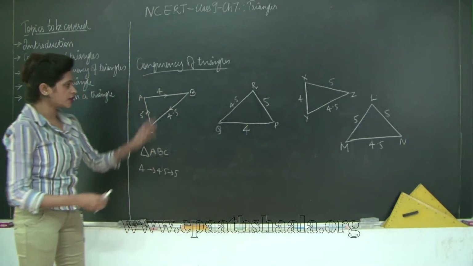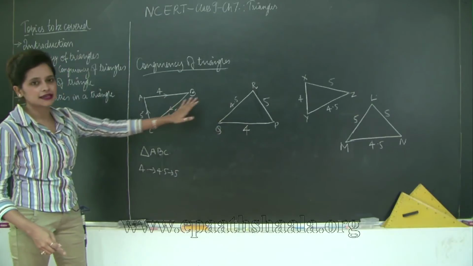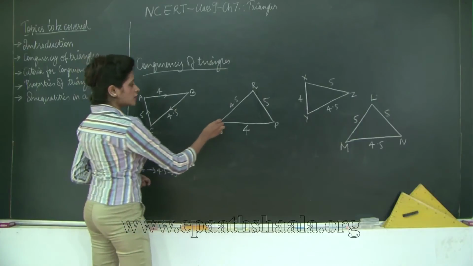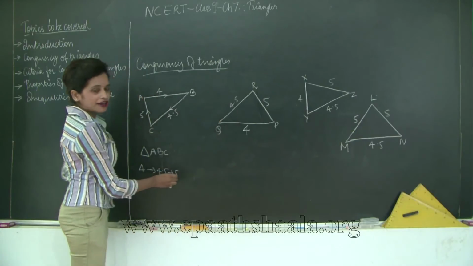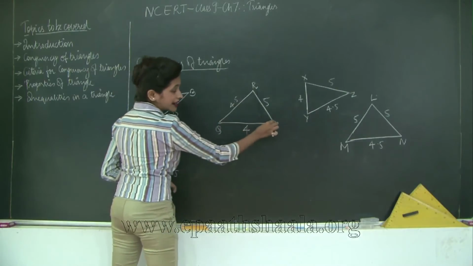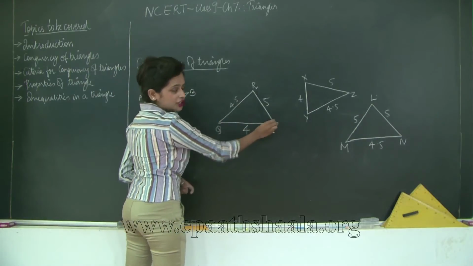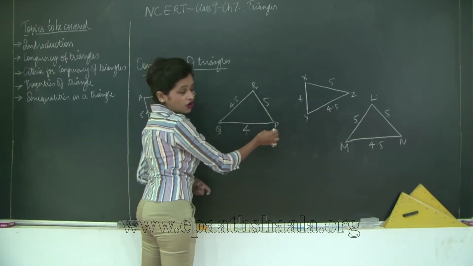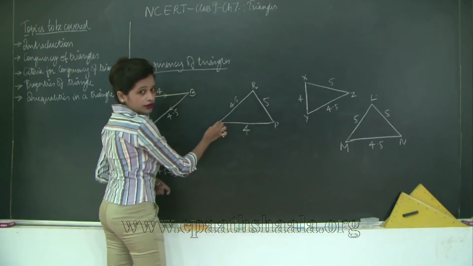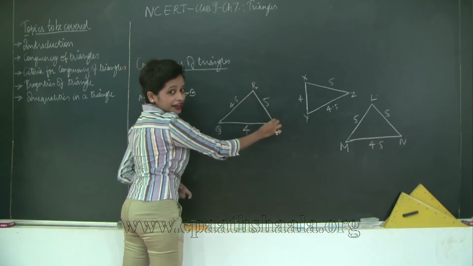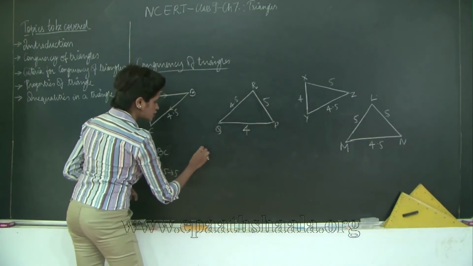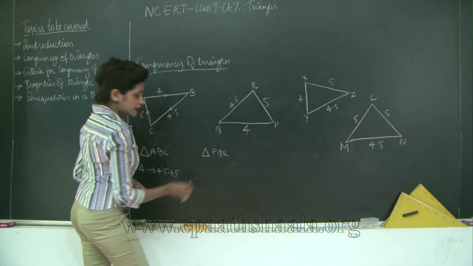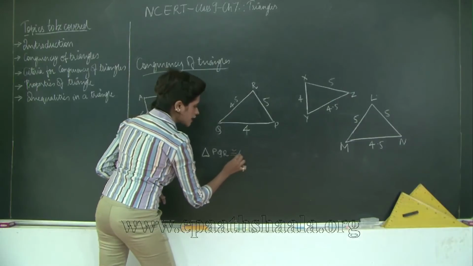First of all, we know that this triangle is congruent to this triangle. Why? Because all the sides are equal. But we need to find what the corresponding sides and angles are, right? So let's see. First we need 4, then 4.5. So we are going to go 4 or 4 like this. If I suppose I take this direction, Q to P, I get 4, then 5, right? So this is wrong. I will go from P to Q, I get 4 and then I get 4.5 and then I get 5, correct? So what is my corresponding triangle going to be? It's going to be PQR. Therefore I can say PQR is congruent to triangle ABC,